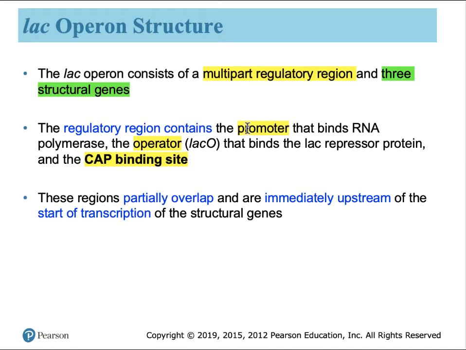And then on the far side, upstream of the promoter, is a site called the CAP binding site. There's a small degree of overlap between these three DNA regions, but it's enough to allow transcription to proceed under certain circumstances. And that's what we need to learn. How do you control this very logical switch? In fact, it's more than a switch, it's a circuit.